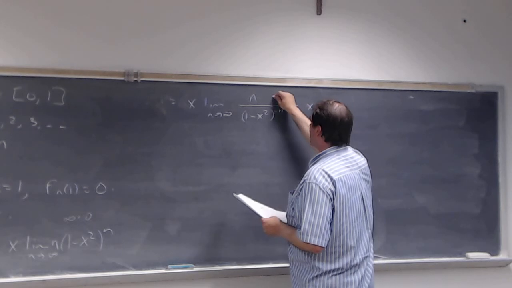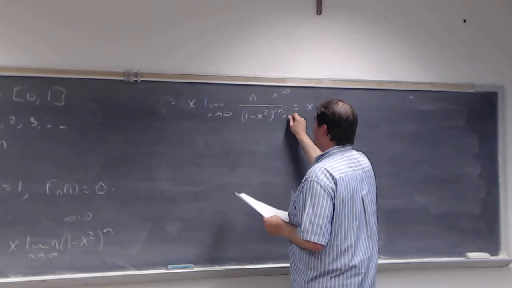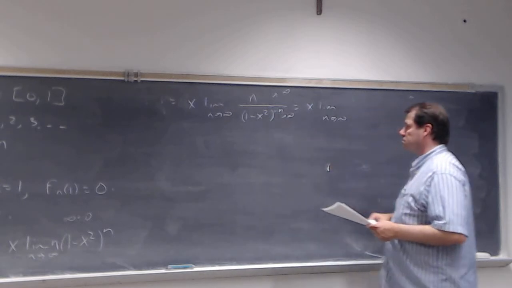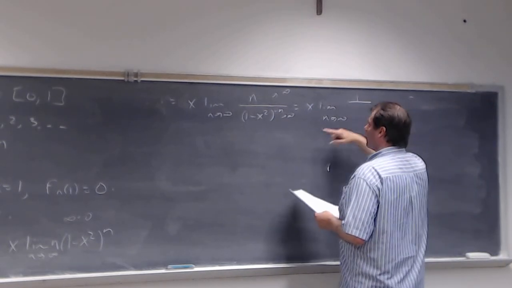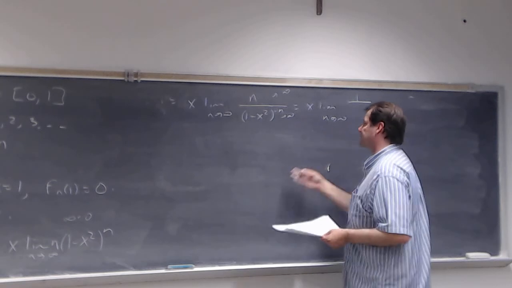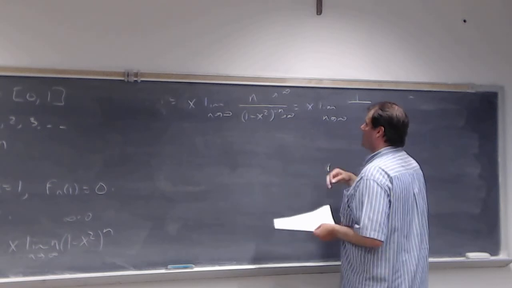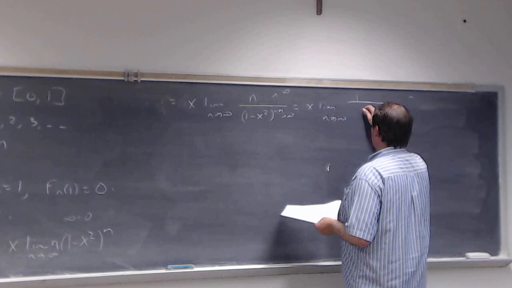Now, look, this part right here is going to infinity, and this part is going towards infinity in the bottom. And so we use L'Hopital's rule, and so we get 1 over, and this guy's derivative. Now, here we hadn't discussed this before, but by calculus, remember we're taking the derivative with respect to n. What we would get would be